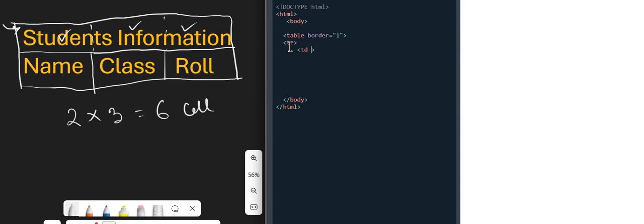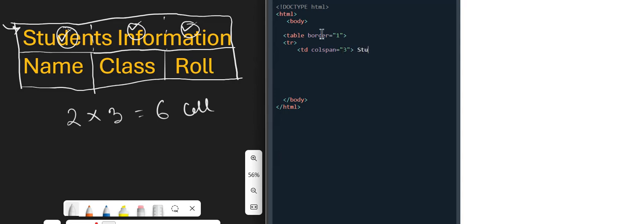Right now we are using table data, and afterward the attribute we have to use is Colspan, and the value, how many? Here again I'm considering 1, 2, and 3. So 3 cells actually merged together, so the value will be 3,